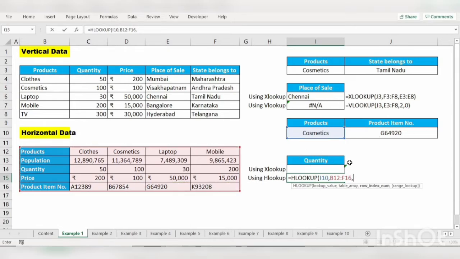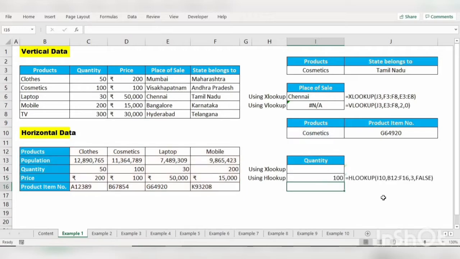Which row is required? Quantity. So first row, second row, third row. The row index number is 3, comma, we need the exact match, so false. Enter. You will see the result of HLOOKUP. Under cosmetics we have a quantity of 100.